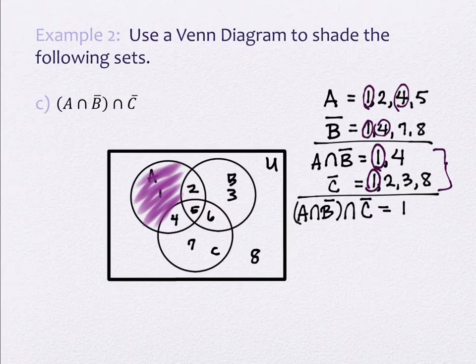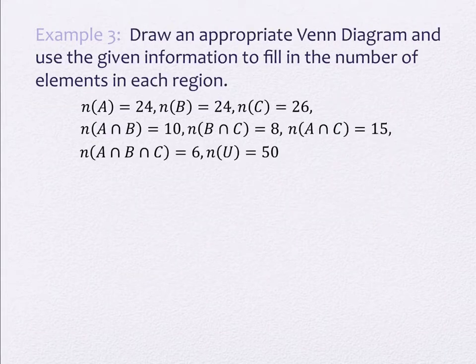Okay. The next thing we're going to do is shift gears. We're still going to be doing Venn diagrams, but we're no longer interested in the regions as just these sort of arbitrary areas. They're going to represent certain quantities. In particular, what we're looking at on the next example is the number of items that occur in a particular area of the graph. Okay? So this problem actually sets us up so that we can think about it in a context situation on the next two after this. But this is just giving us some values to play around with